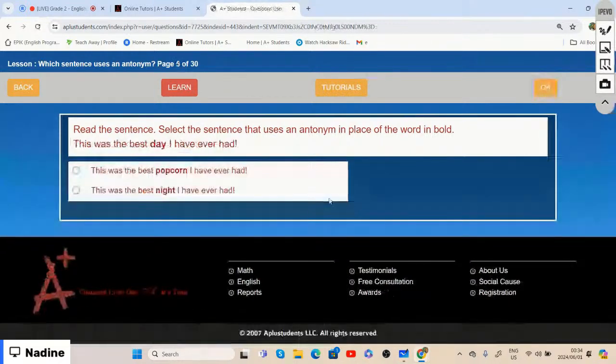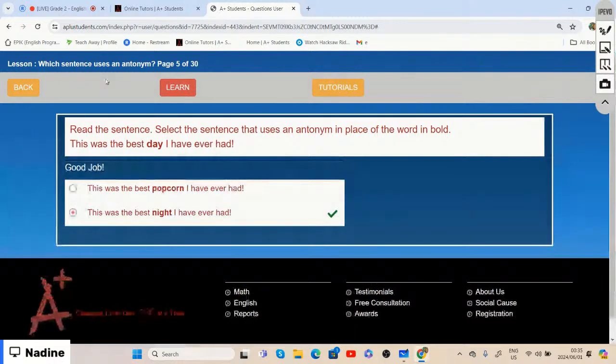Then we say, this was the best day I've ever had, right? So, day. This was the best popcorn I've ever had, or do we say, this was the best night I've ever had? Which sort of day? The opposite of day, is it popcorn or is it night? And the opposite of day, yes, it's option two, which is night. So well done,